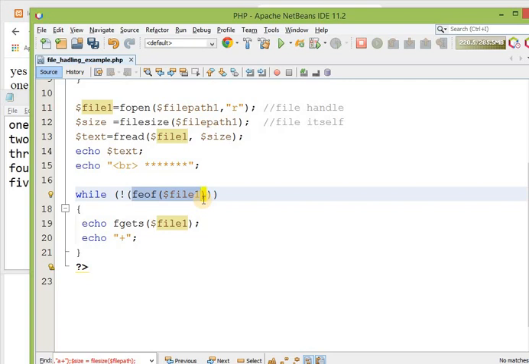If it returns false, then control will never go inside this while loop. That's why I have to create the complement of this. That means now our answer will be false, so this will return false, and it will be converted into true. That means the condition is true.